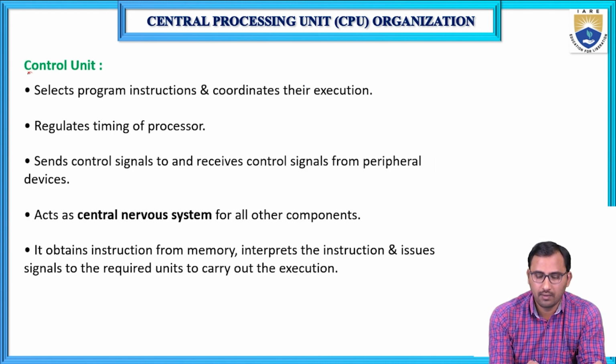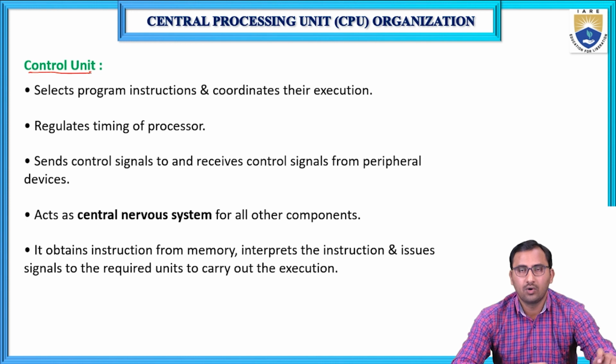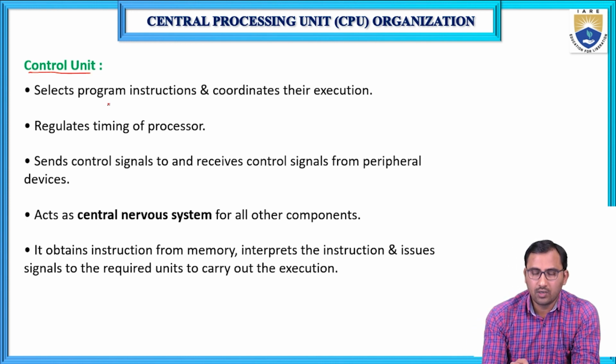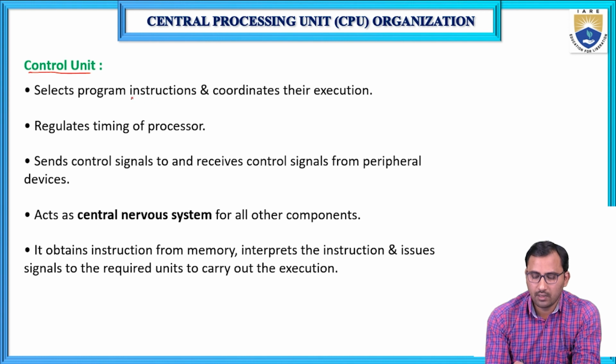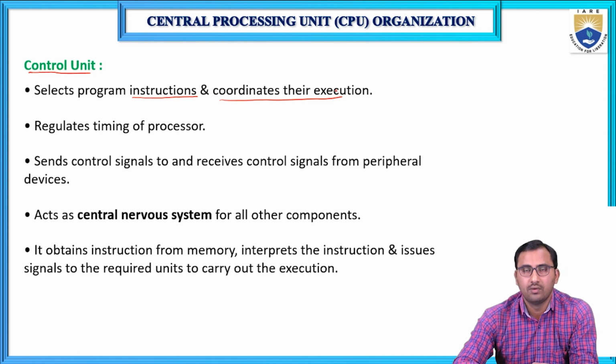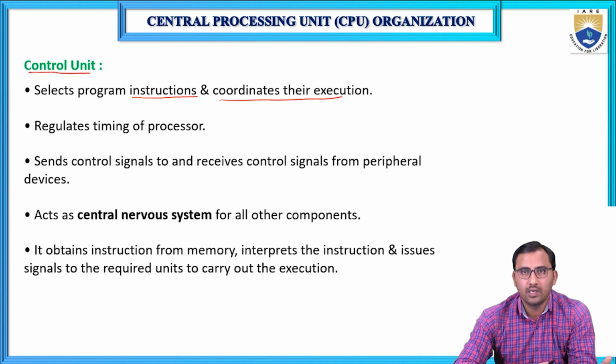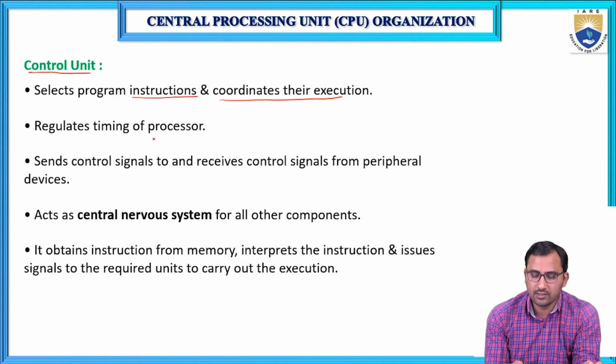And the next one is the control unit. This control unit selects the programs and coordinates their execution. Because the computer consists of multiple modules, multiple subsystems, in order for all these subsystems to work properly, they require controlling and timing signals. All these different timing and control signals are generated by the control unit, and it regulates the timing of